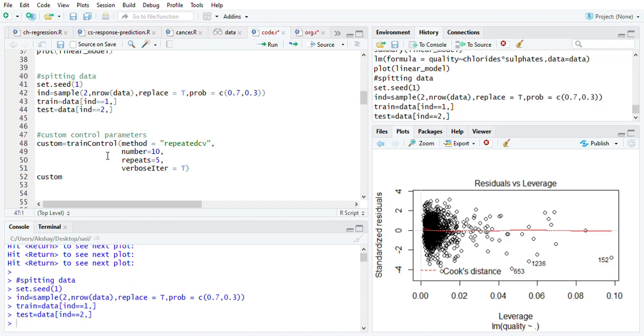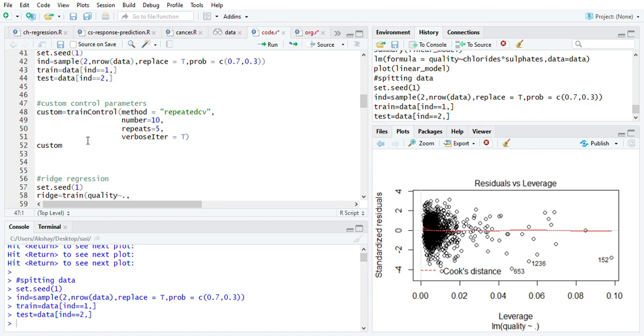Why we are using custom control parameters: the method I am using in this custom control is repeated CV. Repeated CV means I am doing cross validation and repeating it 5 times, and each time I am dividing the data into 10 parts. It is like k-fold, and the function we are using for that is the trainControl function.